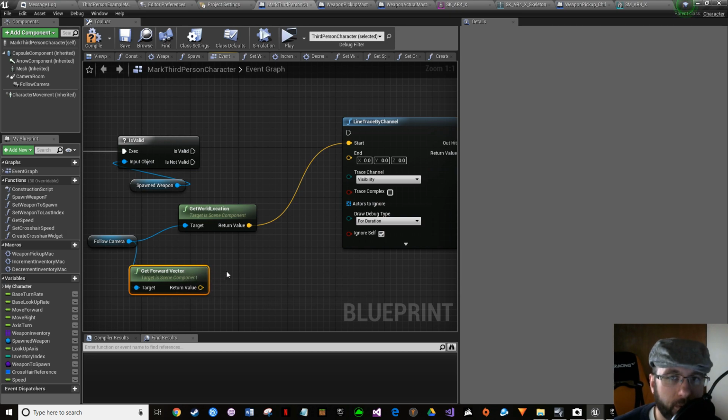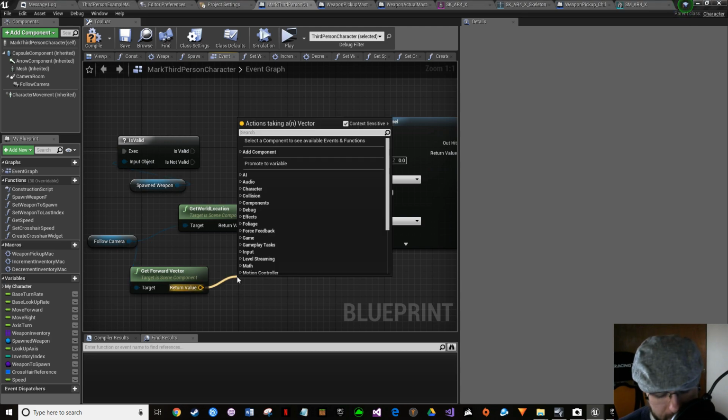Like how far do you want to shoot your line trace? So to do that, just drag off of here. And by the way, I believe this is a vector. If you break apart this, type break,